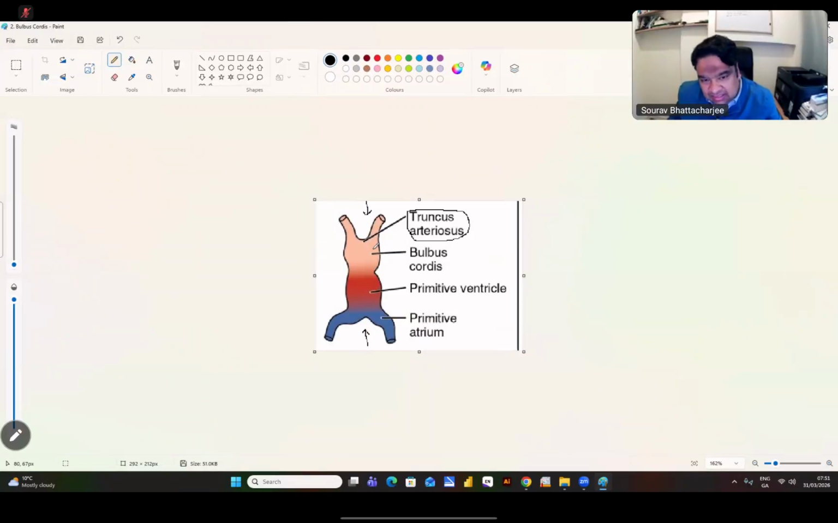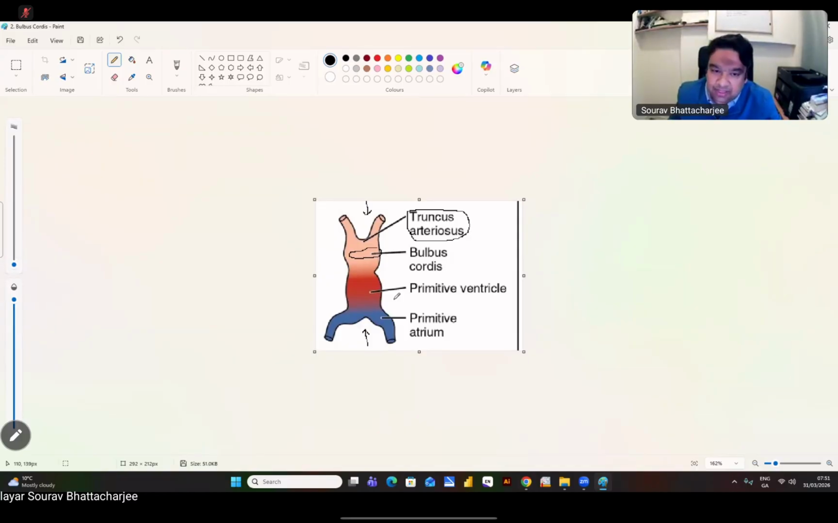And just distal to it, or proximal to it, there will be this swollen part. We'll be calling it bulbus cordis. And then this will be followed by the primitive ventricle, and then the primitive venous region that will be forming the atrium. So this tubular structure is what will be forming the heart and a lot of its arterial and